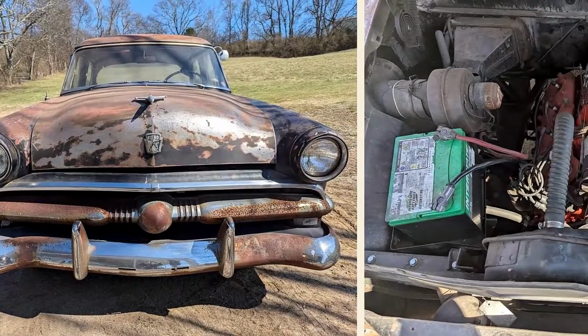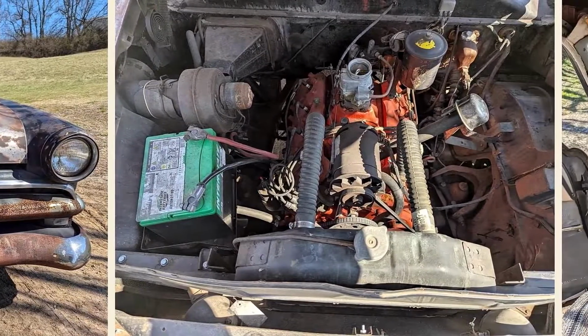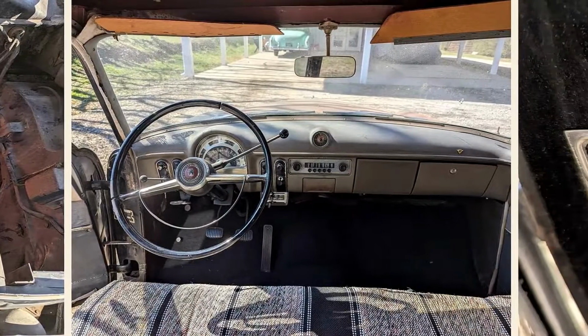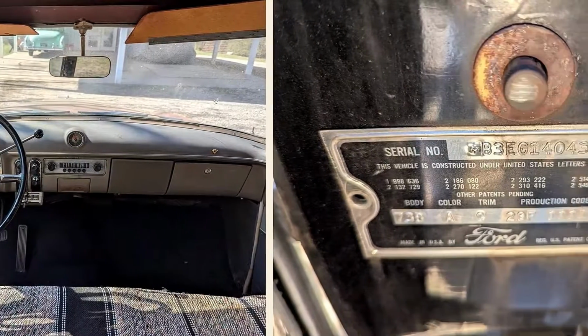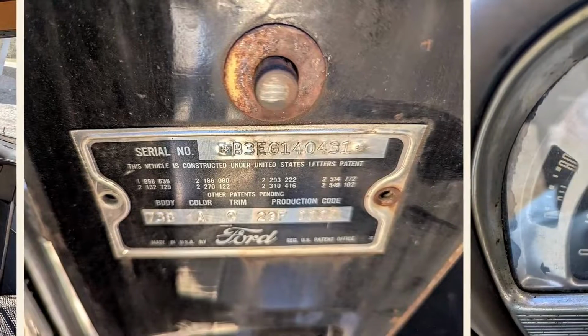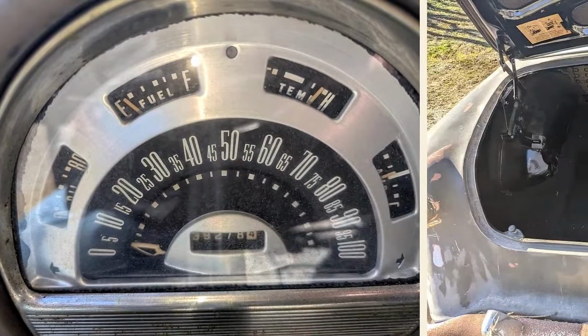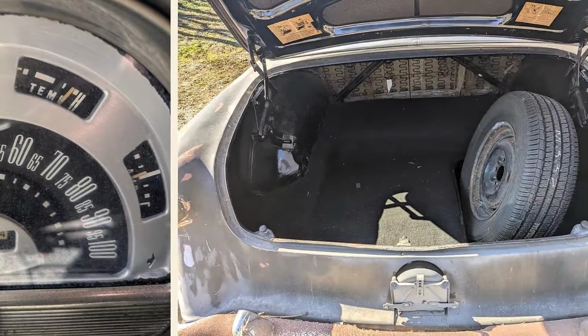With only 39,278 miles on the odometer, believed to be original, this car is in good condition and ready for the road. The exterior boasts original patina, adding to its charm and historical value. Whether you're looking to drive it as is or restore it to perfection, this Ford Custom Line is a fantastic